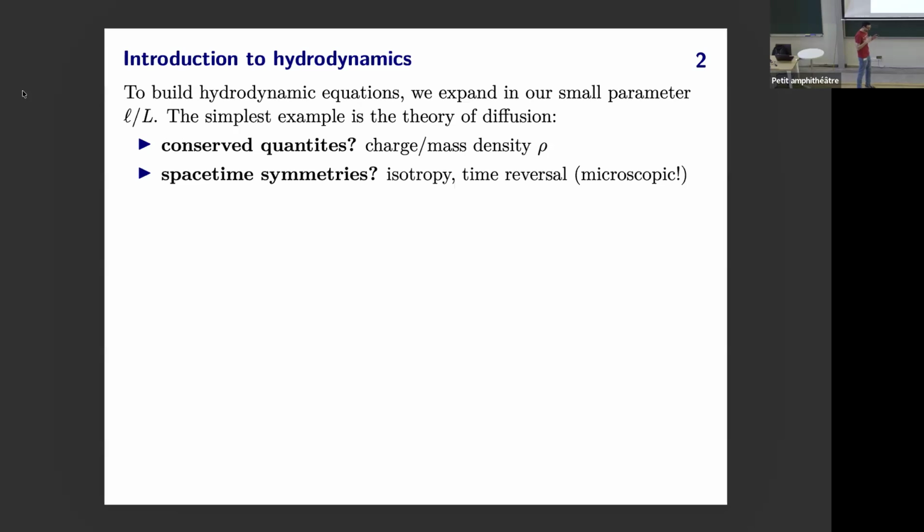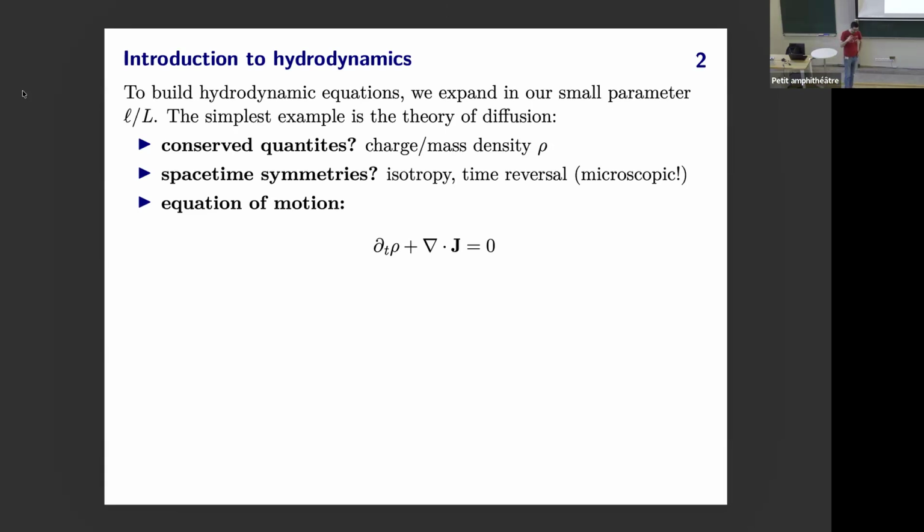We may also consider that I have a conserved charge and there's some kind of statistical homogeneity in space and time. Maybe I have time reversal symmetry, rotational symmetry, and so on. So now I'm going to take these first two bullet points and build my hydrodynamic equations based on symmetries and the philosophy of effective theories. First, my equation of motion will be just the conservation law for charge. Physics is local, right? So a charge can't teleport from one region in space somewhere else. It has to move locally.